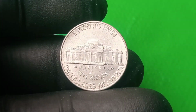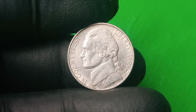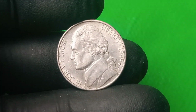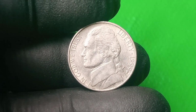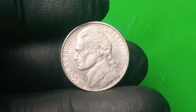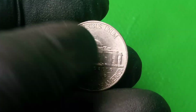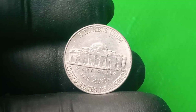And so the mystery deepens with every new report, every auction photo that hints at yet another unexplained variation, every late-night post describing a discovery that shouldn't exist, until we're left with only one conclusion, that the 1999 P Jefferson nickel is not just a coin, but a riddle, a relic of a moment in time when the machinery of history misfired, and in doing so, opened a doorway into something much stranger, something still unfolding, and possibly, still out